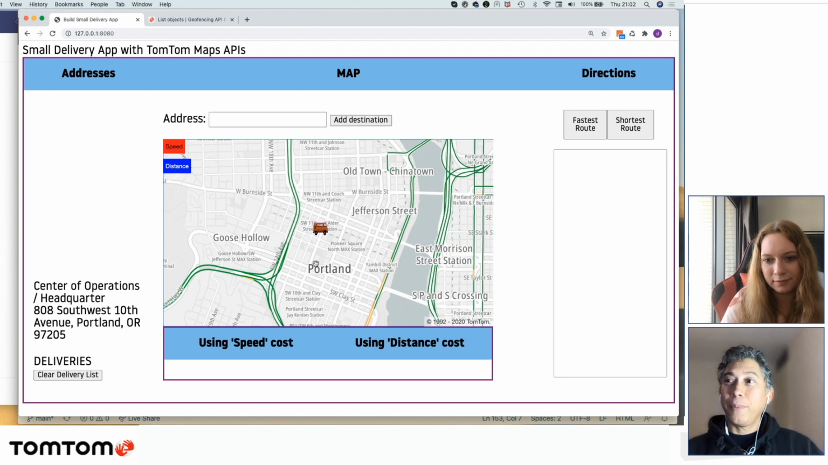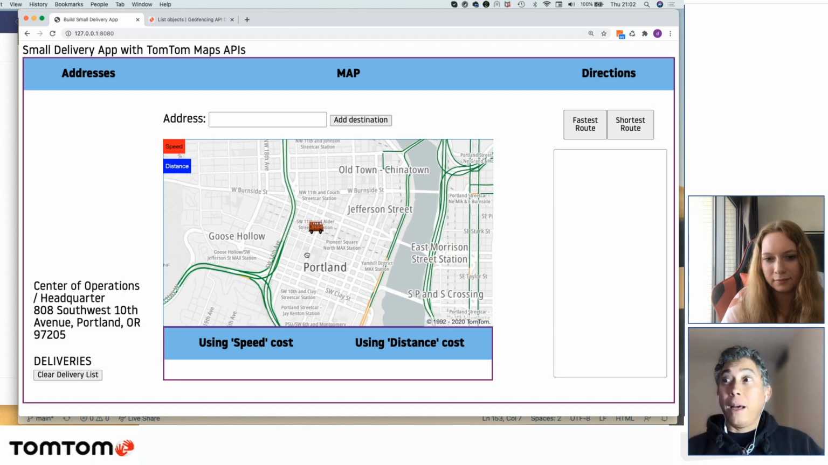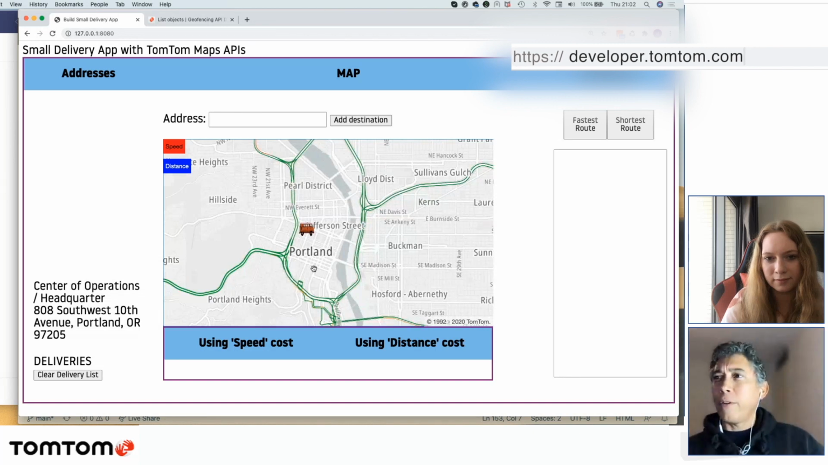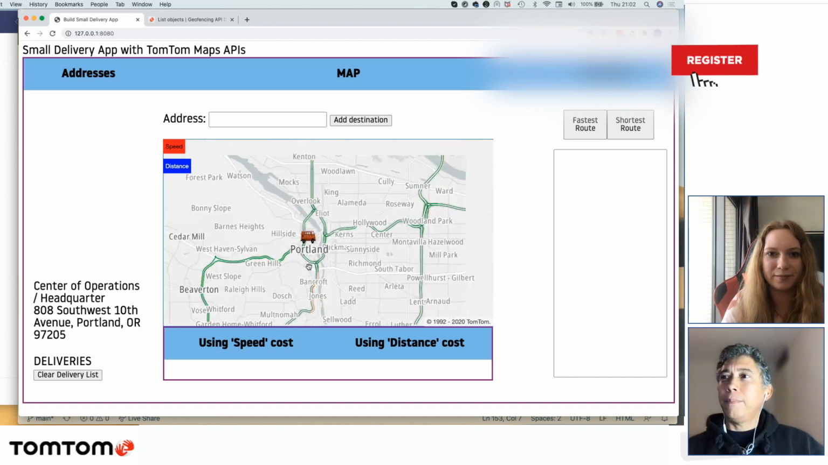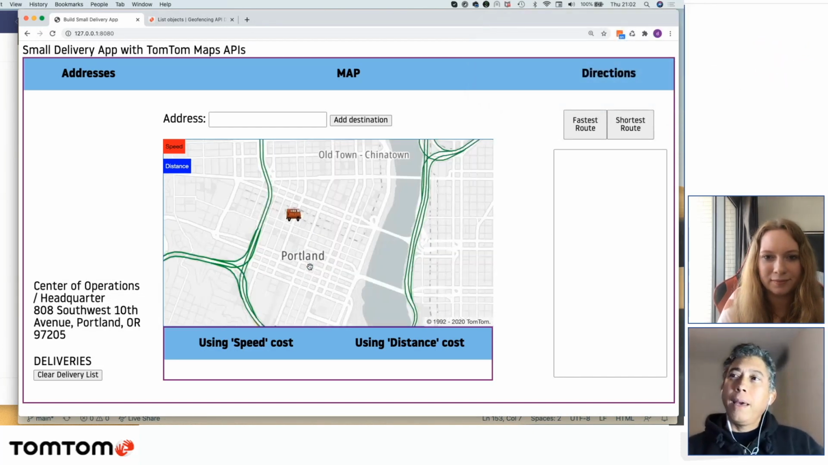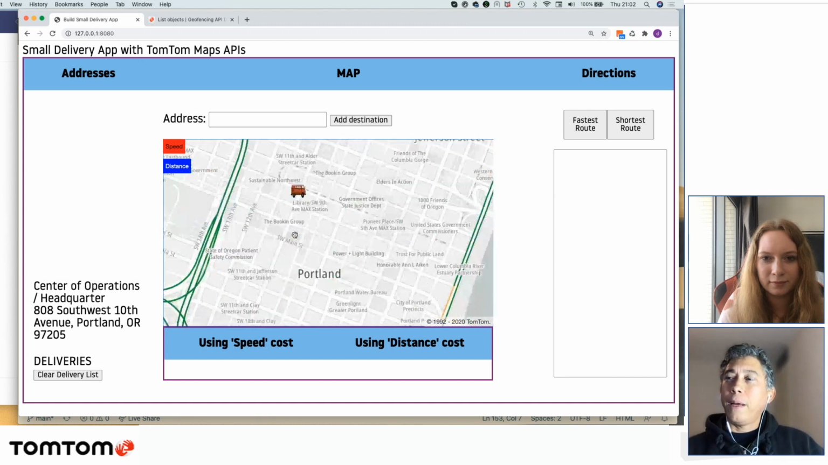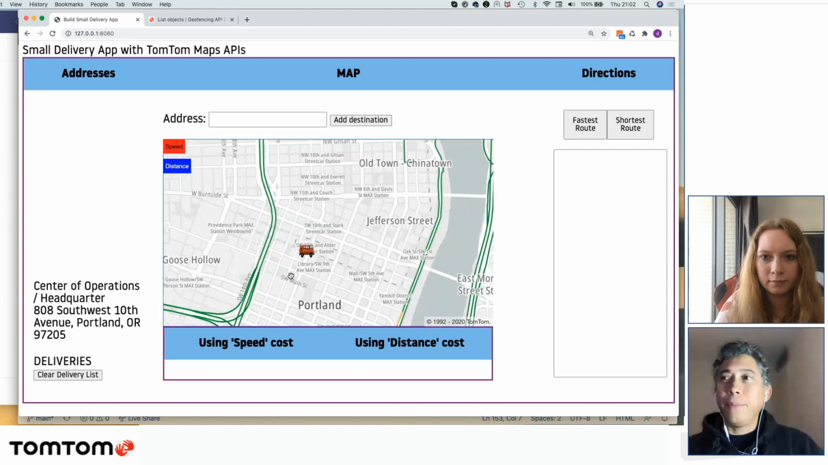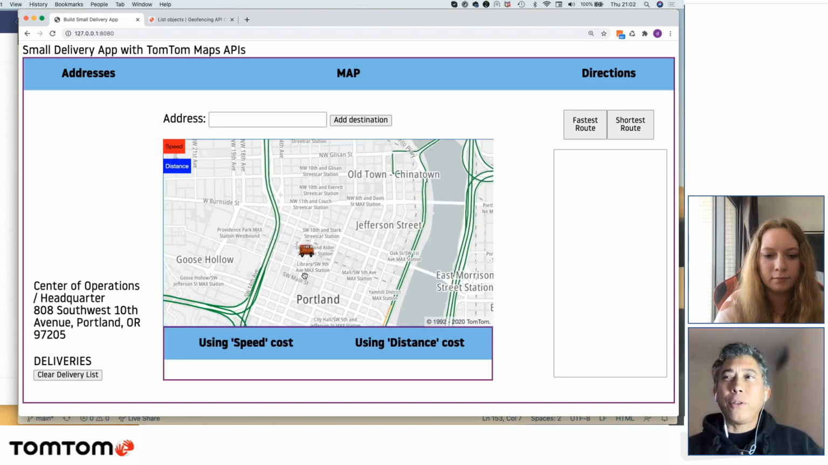We can see here the demo. We left it a couple days ago. It's still the same. Actually, not totally the same. We are now in Portland, Oregon. And we have our initial location for our truck delivery. And what we did last time is create a couple of